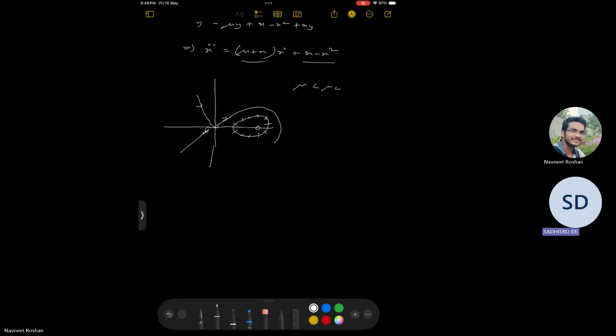Stable limit cycle like this. So when mu is less than the critical value, all the trajectories would start from outside the limit cycle, they approach the limit cycle, and all the trajectories from inside also try to approach it like that. Okay, and